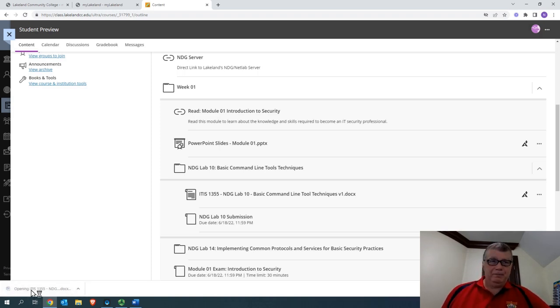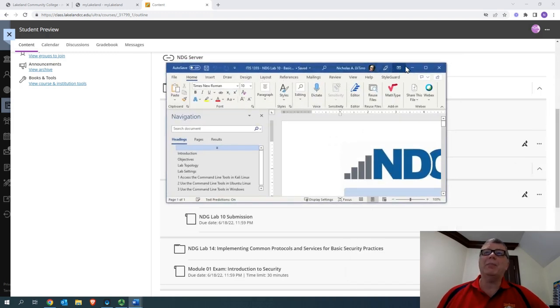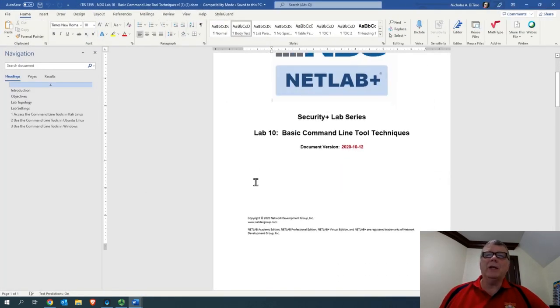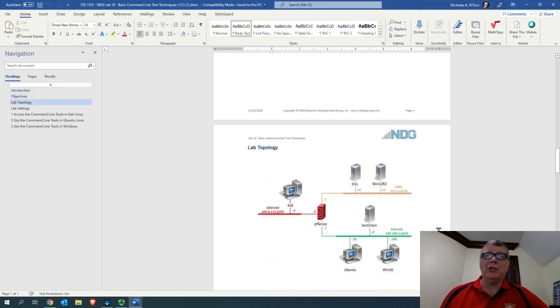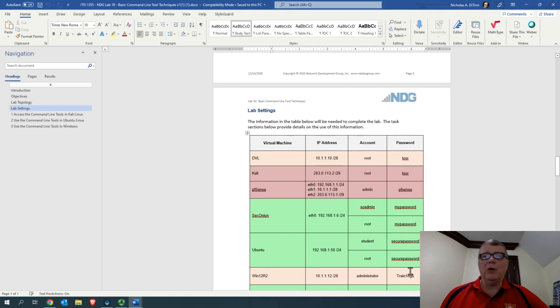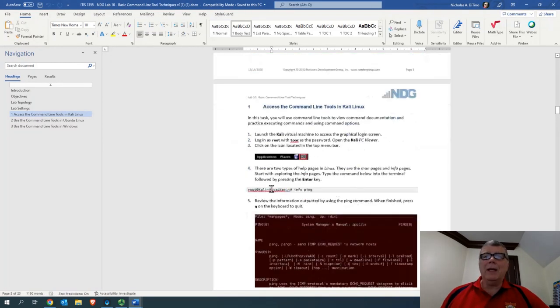So anyways, I'll click on Word. It just so happened to open up on my other screen. If you have the luxury of another screen, I strongly encourage that, but you can do it with just one screen, but I like to do it. And here's the lab. Basically, you would go through, start and read, and here's the topology. This is the virtual topology that you will be playing with, and it will tell you what to do. It will give you all the passwords associated with the different machines, and it's going to start you on your task. And you're basically going to walk through the lab,